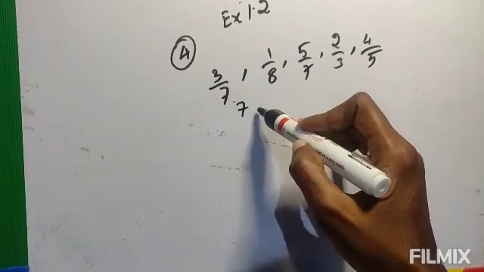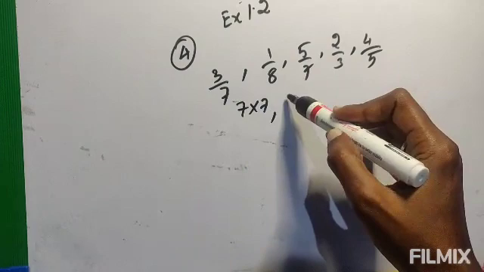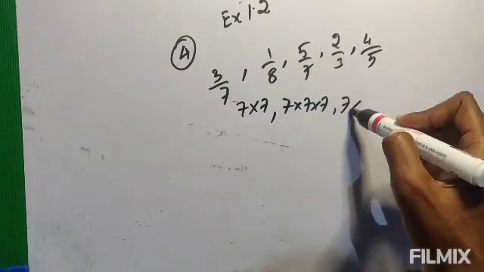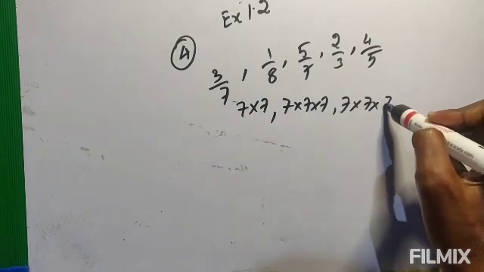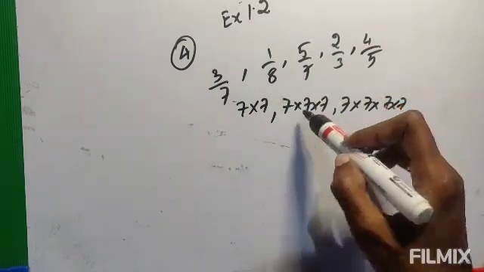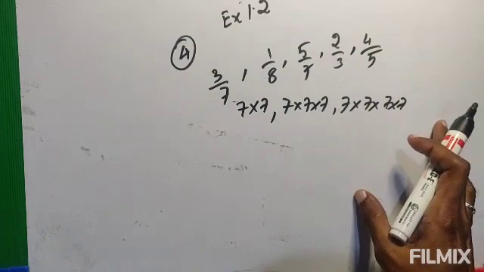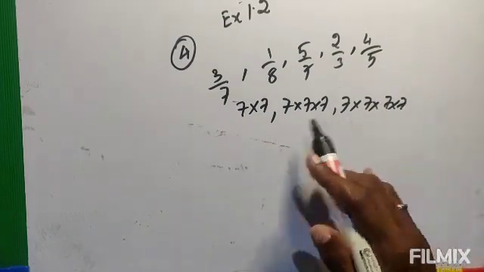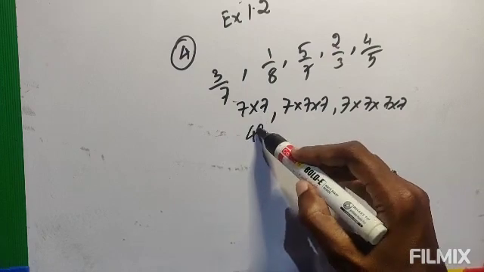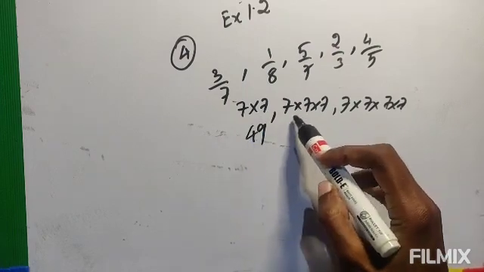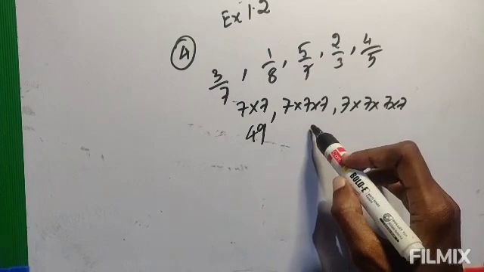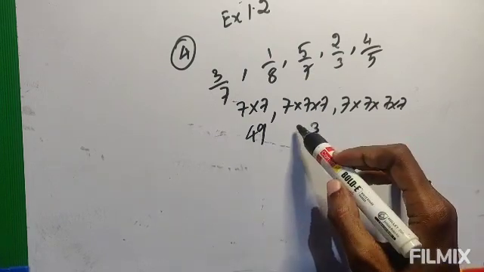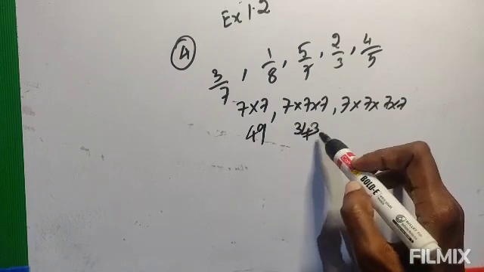That means you have to do 7 into 7. Next one you have to multiply 7 into 7 into 7. Next one you have to multiply 7 into 7 into 7 into 7, like this, no? 2 times, 3 times, 4 times, that way it was given. So if you multiply you will get a bigger number. Okay, so 7 sevens are 49. So now 7 into 7 is 49, 49 into 7: 9 sevens are 63, 4 sevens are 28, so 343.